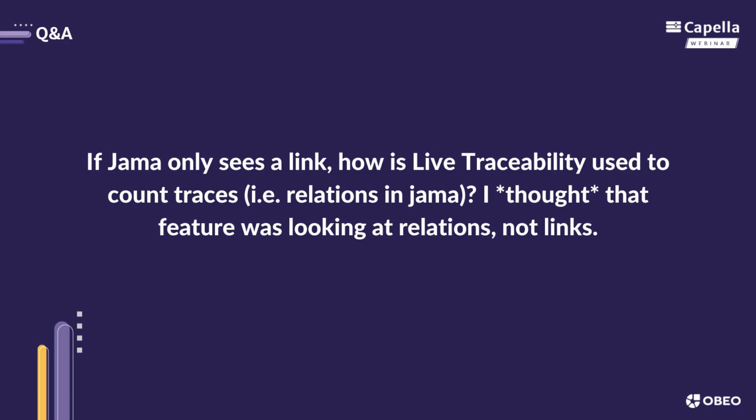Robert, maybe anything you want to add with regard to this question? Yeah, so I would say that, to your point, the trace view itself in Jama is predominantly used with the relationships. However, you can get some views that will show you the number of links and what they are and things of that nature in the list view in Jama. So there are some workarounds. You're right, though. It is a little bit different than maybe what you were expecting with an item-based approach, but it does give you that one-click access to all the data you could ever need.